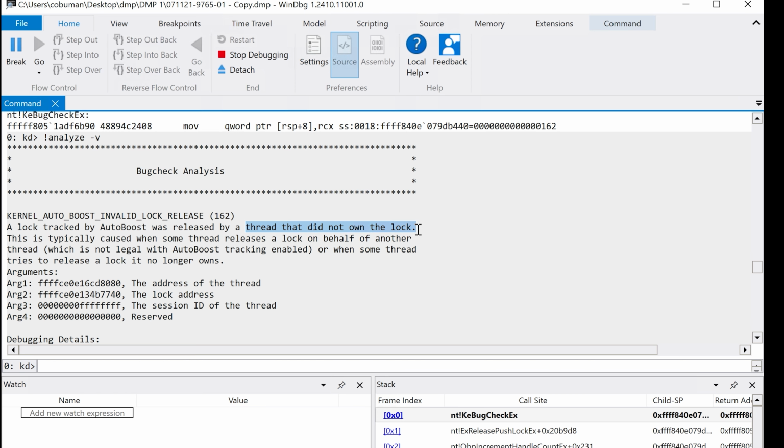That means something else was using that. So this thing was trying to access something else that it wasn't allowed to use. And it says this is typically caused when some thread releases a lock on behalf of another thread. Okay,